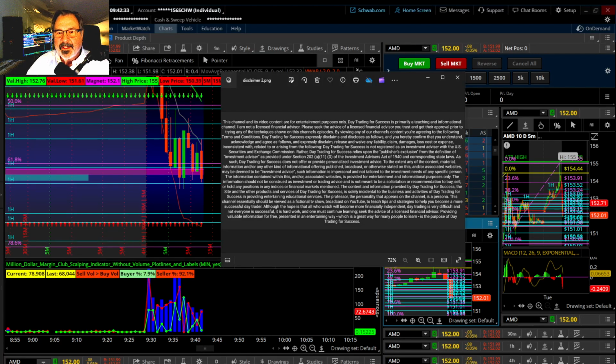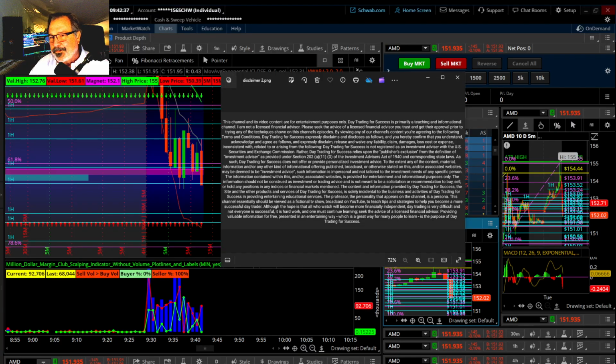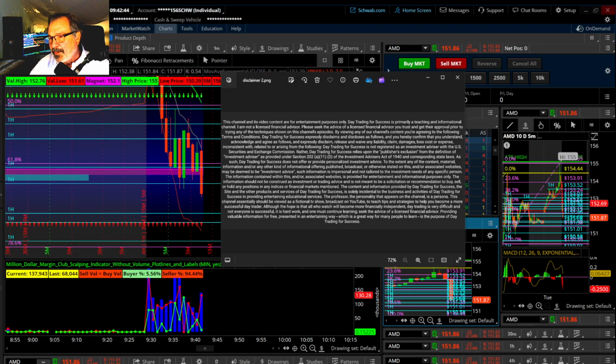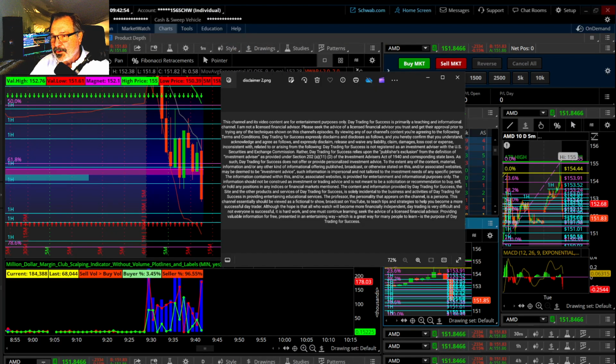So this week, the market's pretty slow due to announcements and things. So basically, it's a great time to do low share size. I'm only going to be trading 50 shares today. Believe it or not, there's still a large group that wanted to trade with me and stick to that. So it's kind of fun in a way for us to go lower share size.